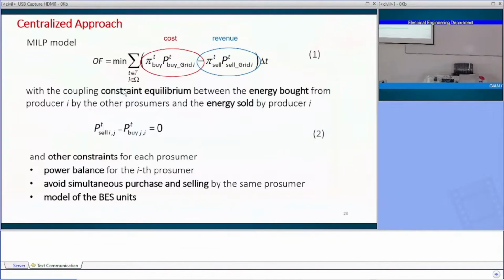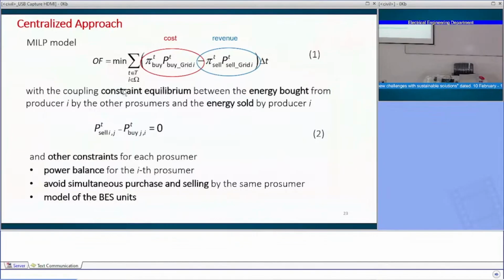If you have a disbalance, so if the price of selling by a prosumer is quite high, it tends to export power more. If the price for a buyer is low, it tends to consume more. In order to get a balance, if you have more power that is sold than that which is bought,